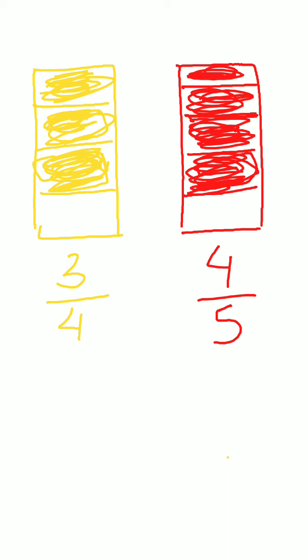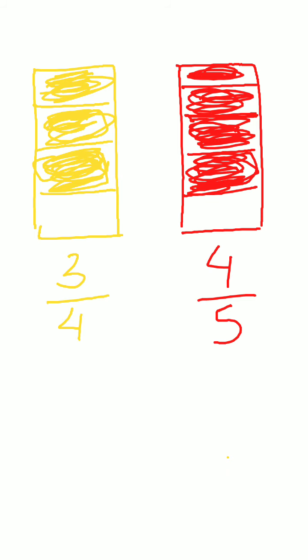Okay, so you're saying the same, but the chocolates are not divided into equal parts, no? The yellow chocolate was divided into four parts. The red chocolate was divided into five parts. So which part will be bigger? Correct. So which piece will be bigger? Yellow piece will be bigger or red piece will be bigger?